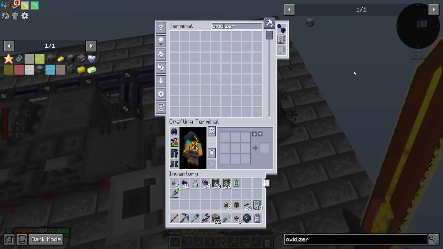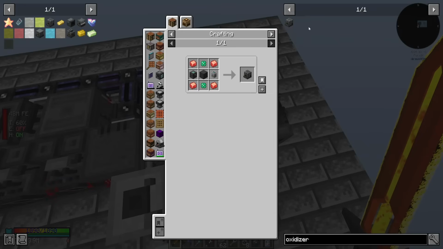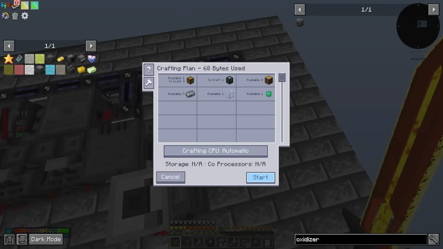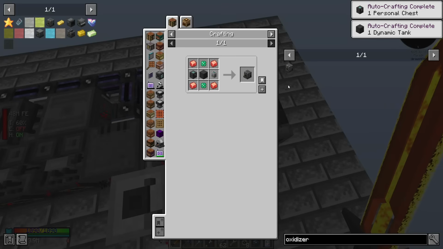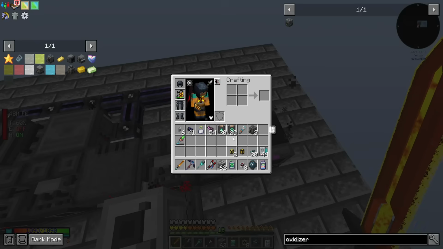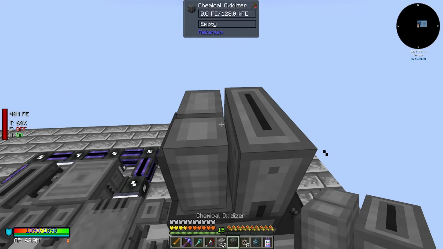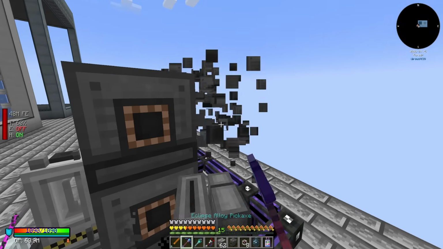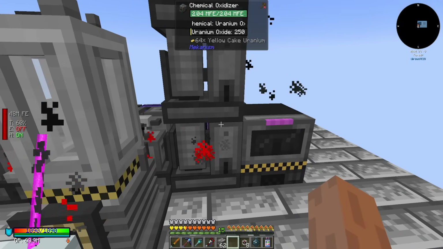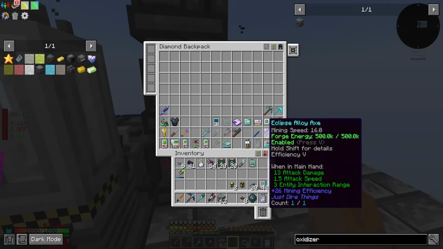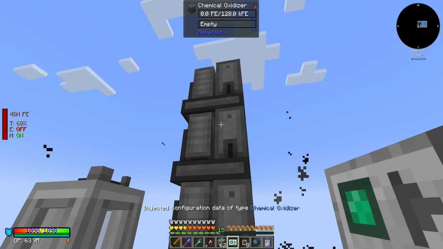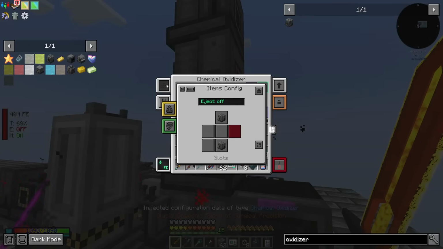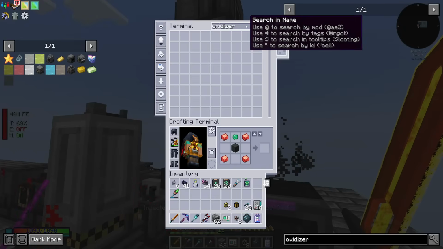Oxidizer. I remember wanting a bunch of these, so let's just do it up. And then we're going to want the mechanism copier. Retrieved configuration, injected, right? And then what that should have done is copied everything so that its inputs and outputs and all that stuff are the same, right? And then we should be able to make